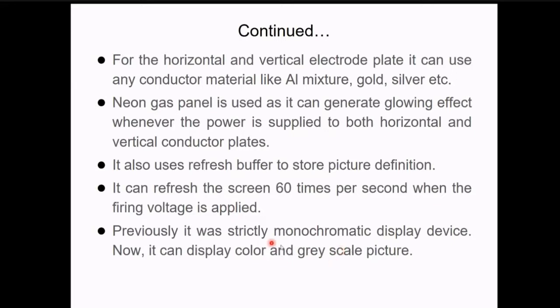Also, as I told you, the world is evolving and technology is evolving each and every day, so these things are getting embedded into the display. Now one more thing is that we know this thing is not getting used nowadays. Why? Because of the size and the weight of the display as compared to LED devices. As I told you, it is using two glass plates, so if glass comes into the picture, it is definitely going to increase the weight of that particular display. So that's why we don't need this nowadays, because we have the LED part.